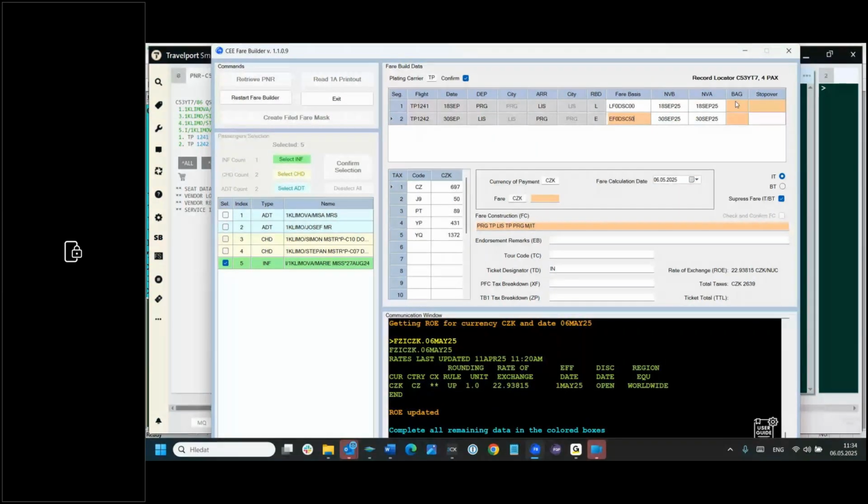Baggage for infant will be 0 PC because the passengers has decided that infant can have the fare without baggage, and in Lisbon will be stopped. Fare is 355 CZK, so 355, and